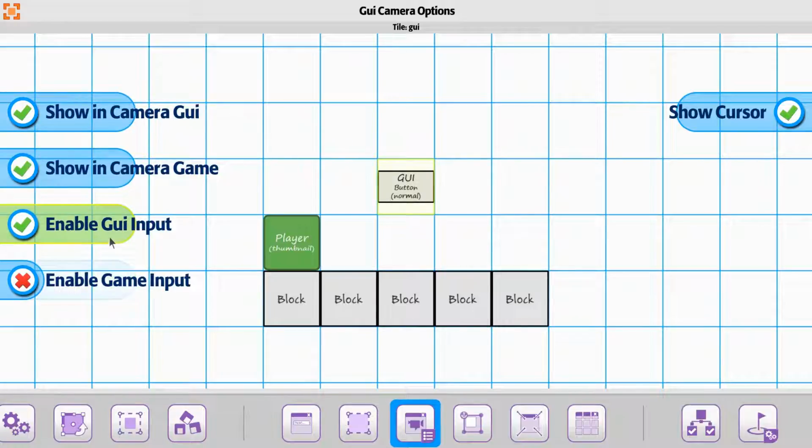So you can either choose enable GUI input, meaning you can get the input from the camera in the GUI one, or you can get the input from the game one. That one is a little more specific because hopefully you have a specific reason for choosing one versus the other. Alright, so we'll do enable GUI input here, but we'll leave both of